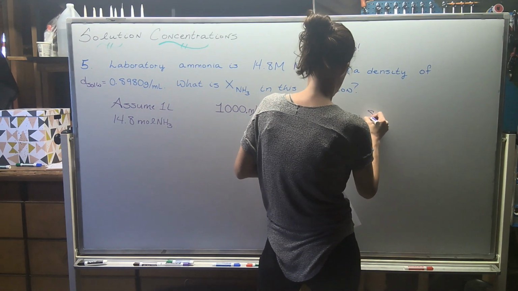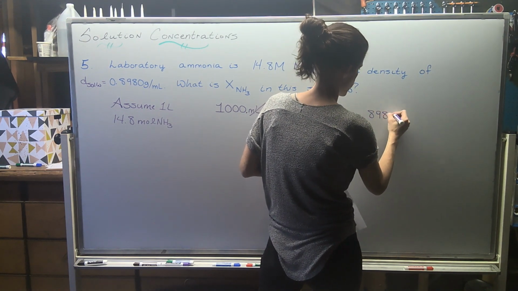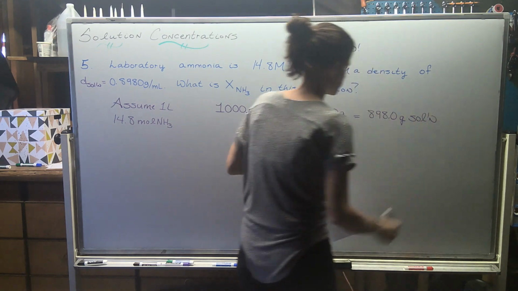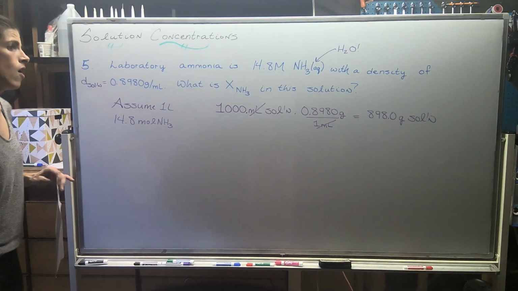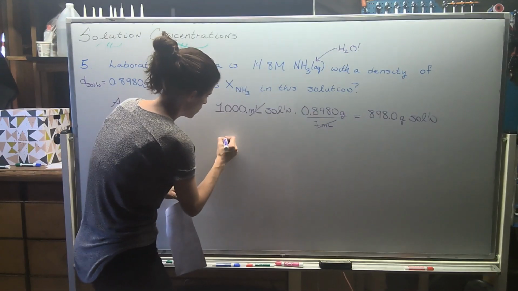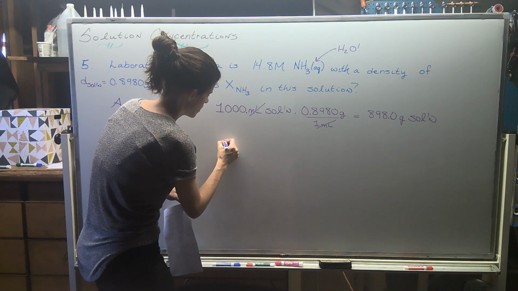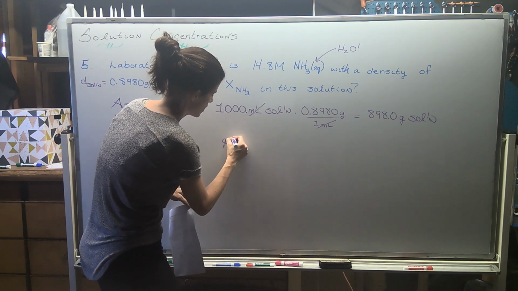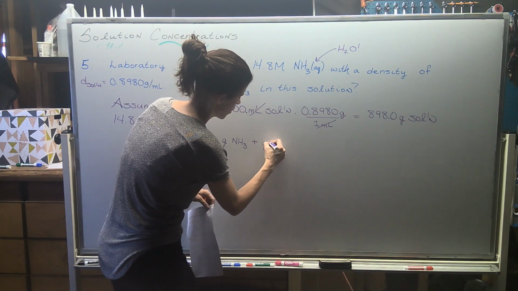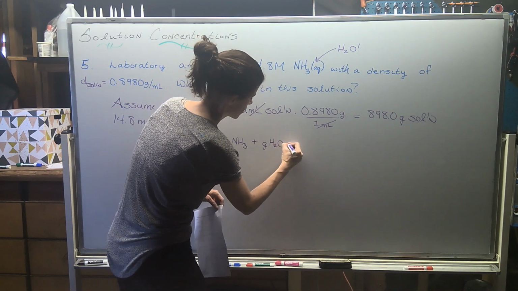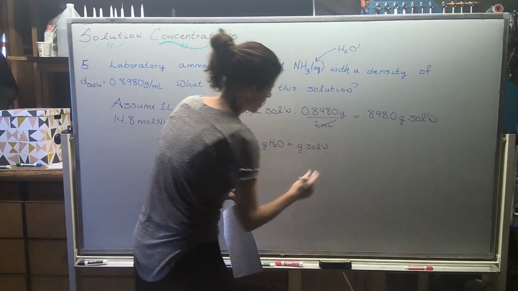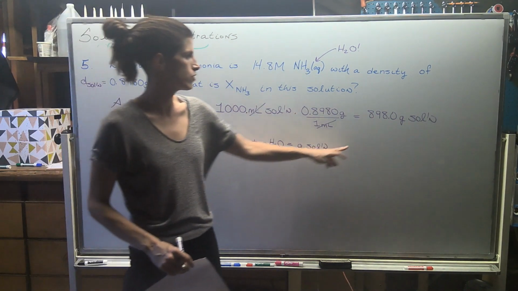So therefore, I have 898.0 grams of solution. Alrighty, that's something, right? What else do we know? So we know that the grams of NH3 as solute, plus the grams of the water, or solvent, should equal the grams of the solution. I have the grams of solution,